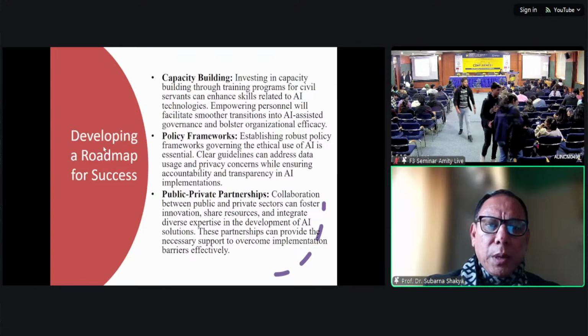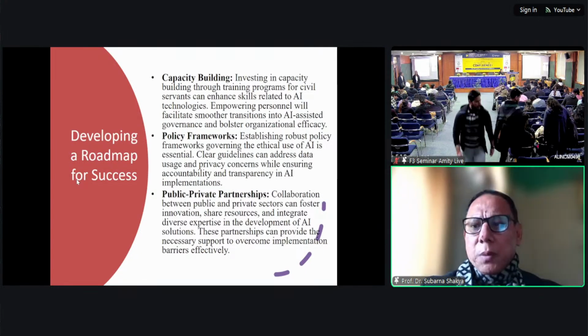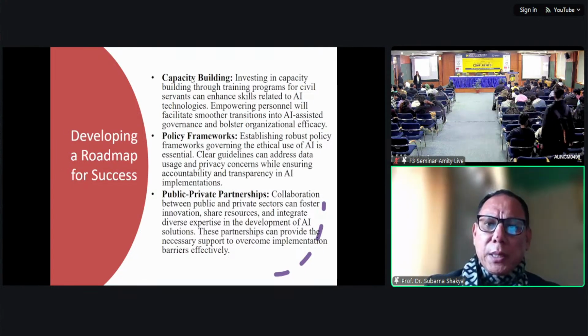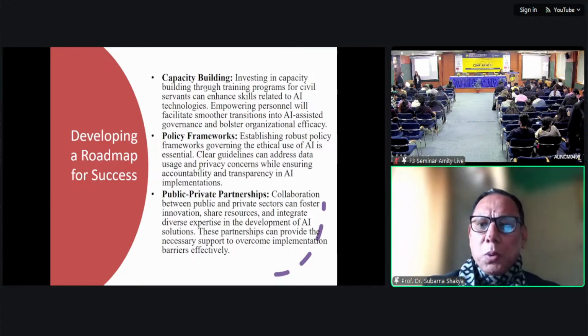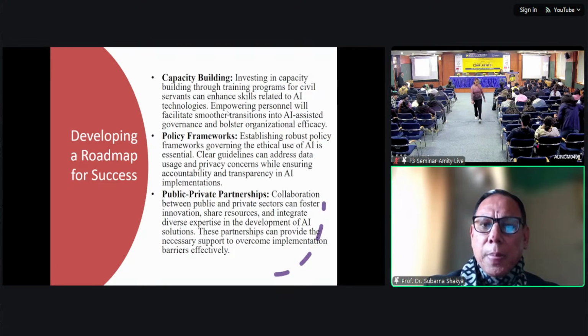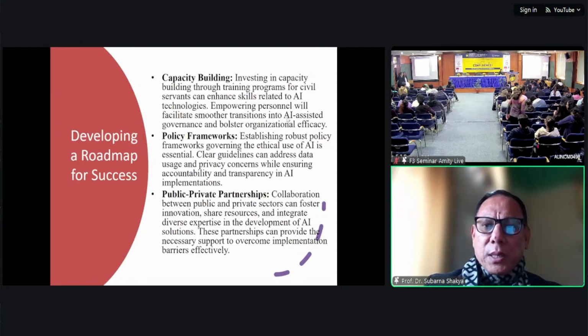So developing the roadmap, we need to develop some roadmap for this particular case. Capacity building is the most important in AI in e-governance. That means we have to invest in capacity building through training programs so civil servants can enhance skills related to AI technologies. So empowered personnel will facilitate a smoother transition into AI-assisted governance and foster organizational